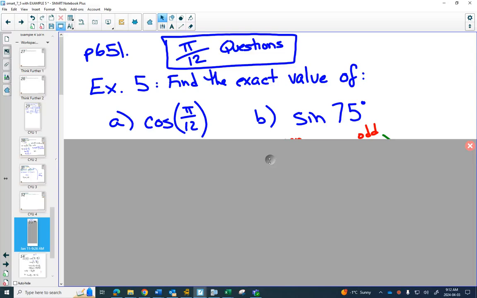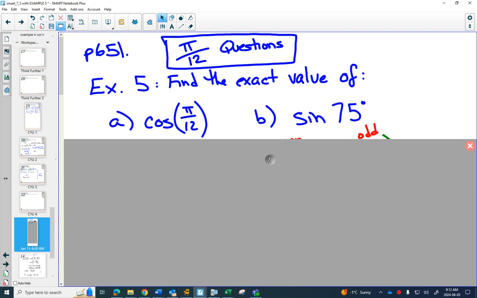On page 651 is a blank page. You can even start, if you want to, on the extra space on page 650. You can start there. We're going to do a bunch of questions with a very famous kind of question called